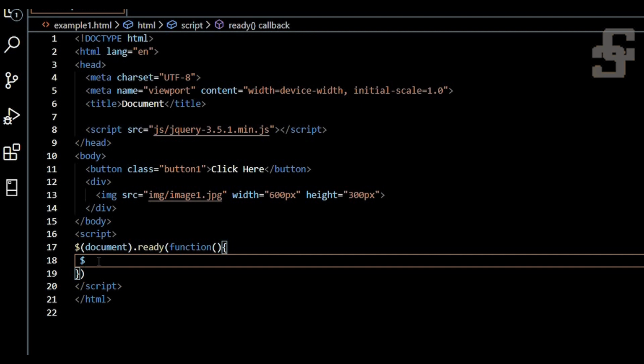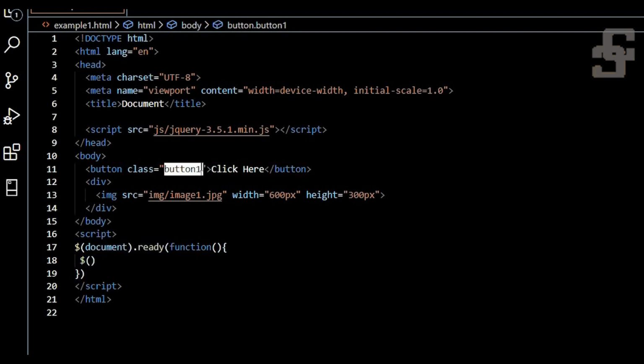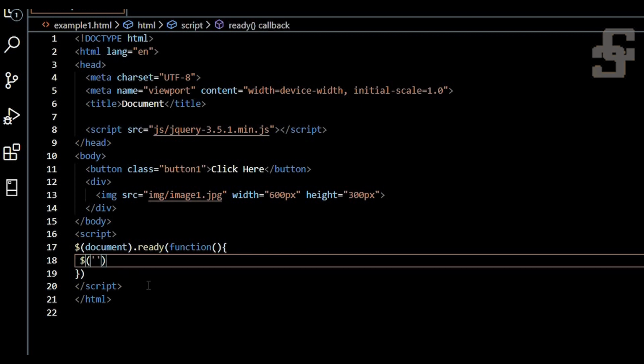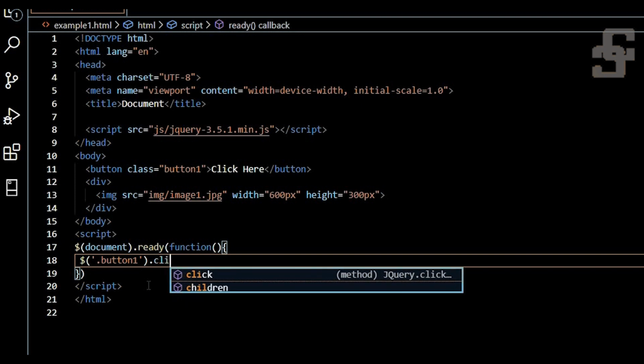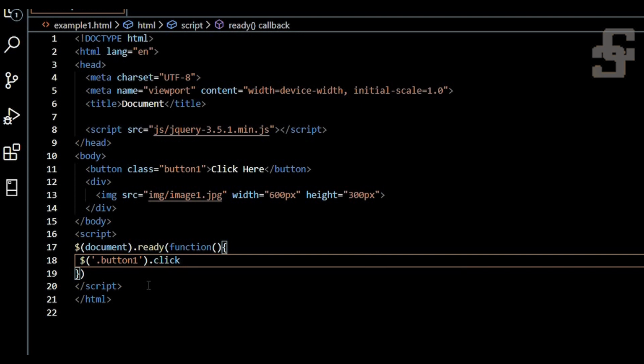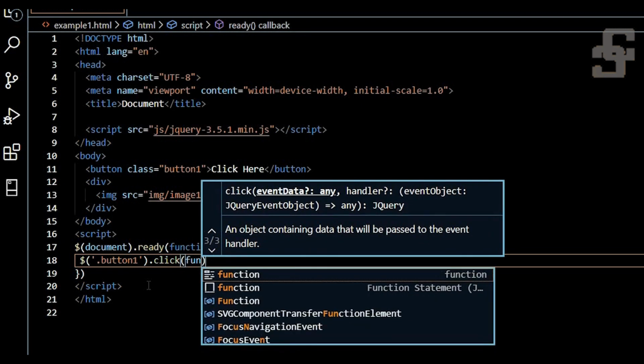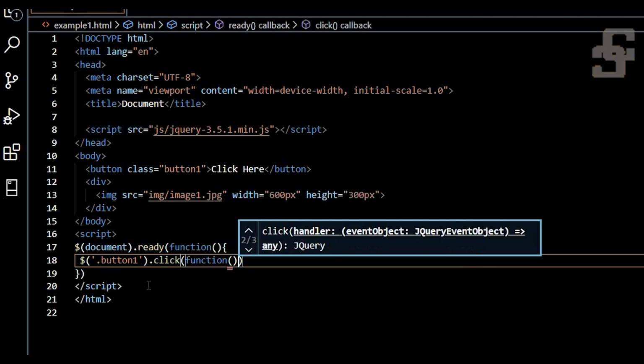You just give dollar. We have used the class button1. Inside this dollar, we give this class name, and then dot click. When that particular button is clicked, this function will fire.